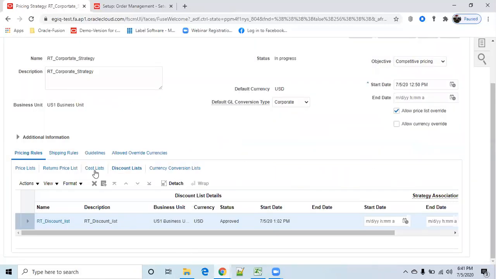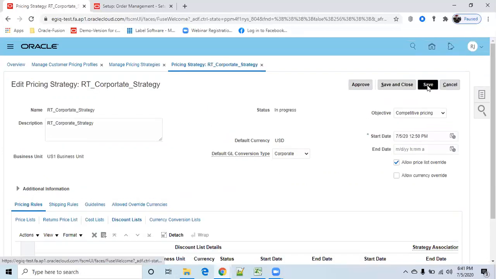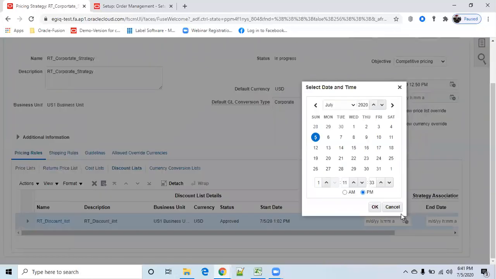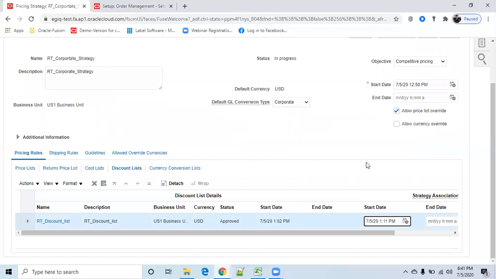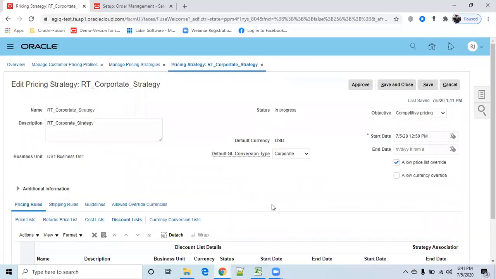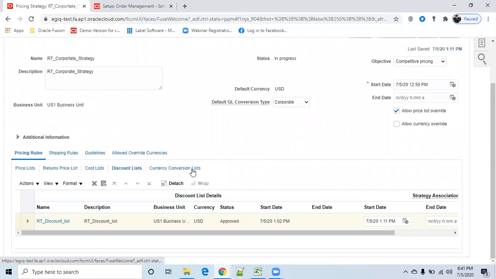Okay, and similarly cost list, pricing list, if you define, those also will come here. And after that, click on OK, click on save, and currency conversion lists.